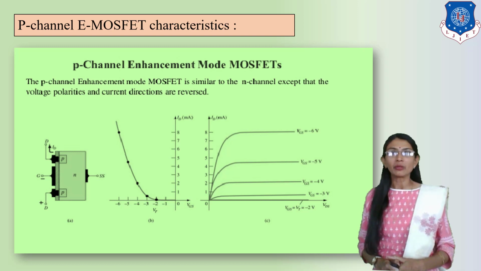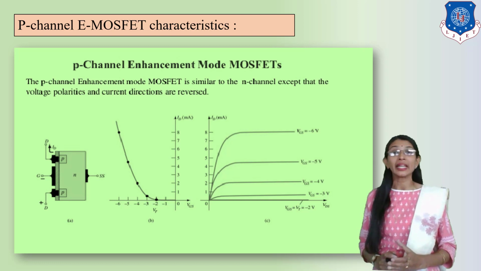So these are the two curves. One is the transfer curve and the second one is the drain curve. So we will have the two characteristics as per the three cases of the working. If VGS is equal to 0, that is the first case, at that time ID is equal to 0. No current flows. And as we connect the negative VGS at the input side, we will get increased drain current and a newly created enhanced channel, and that's why the name of this MOSFET is enhancement MOSFET, right?